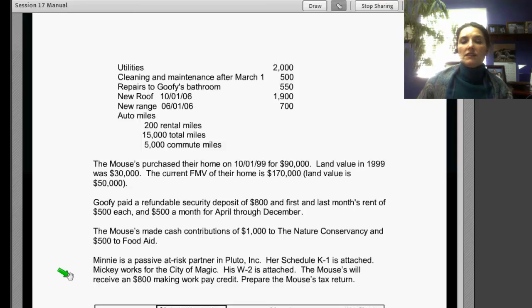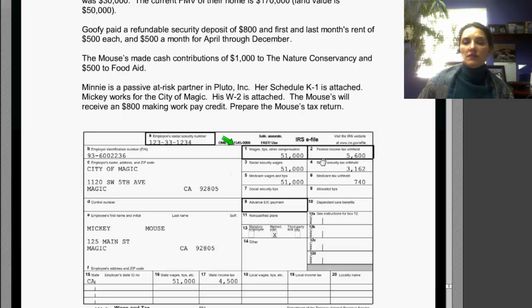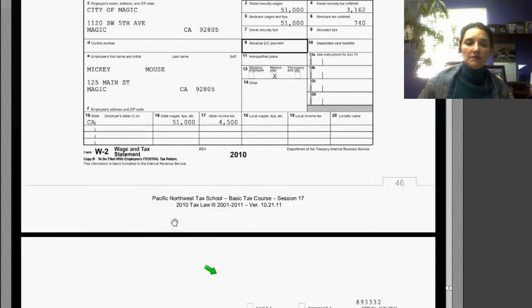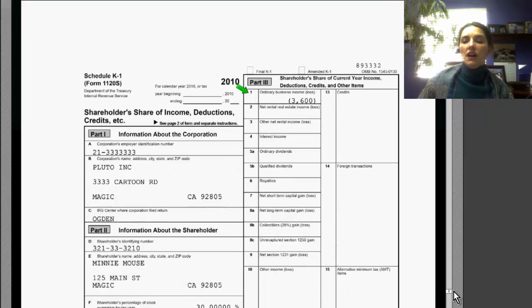Mickey has a W-2 attached. Let's take a look at it. His wage income is $51,000. He had $5,600 of federal withholding, and he had $4,500 of state withholding. Here's the K-1. It shows a $3,600 loss, but unless the Mouses have other passive income, they're not going to